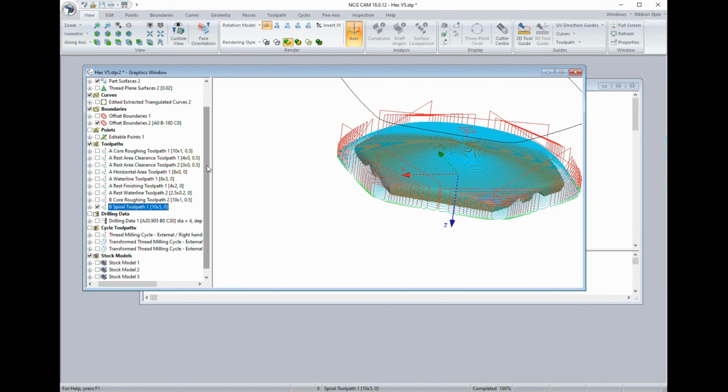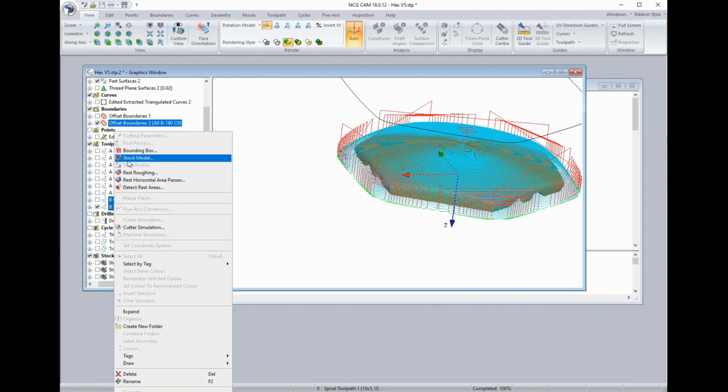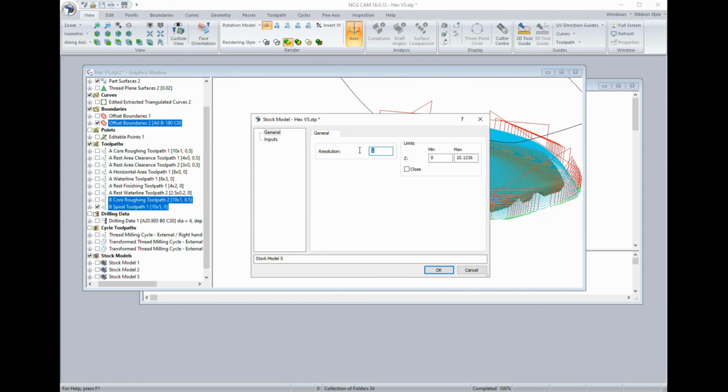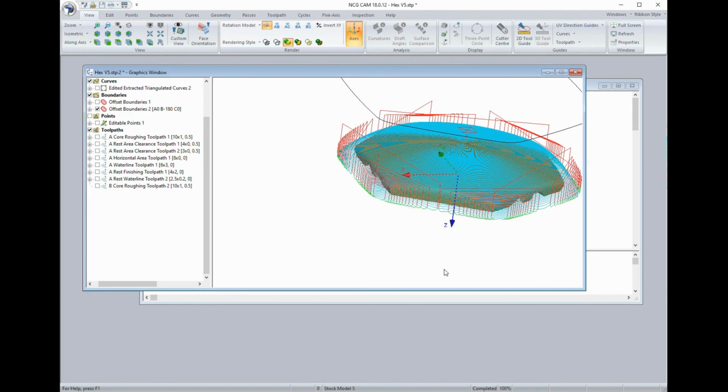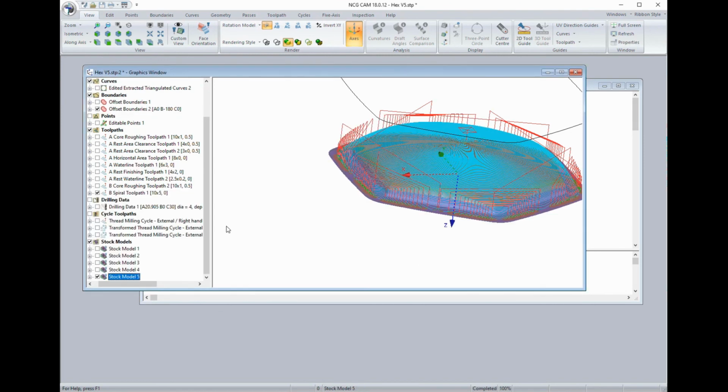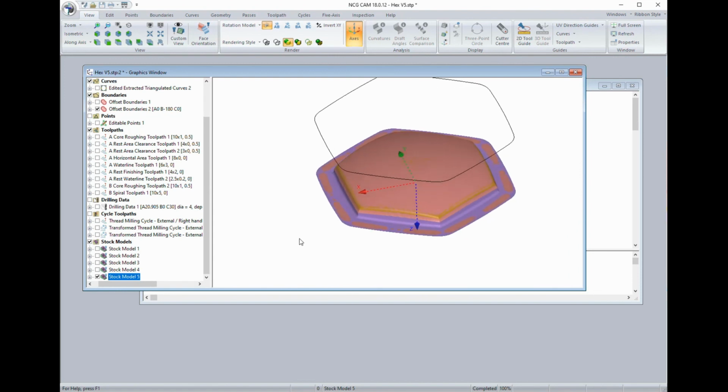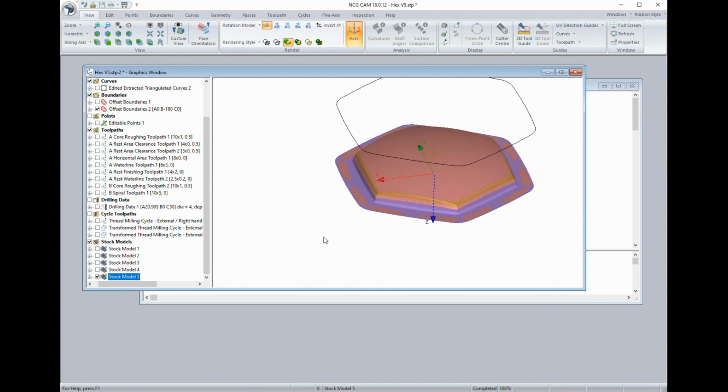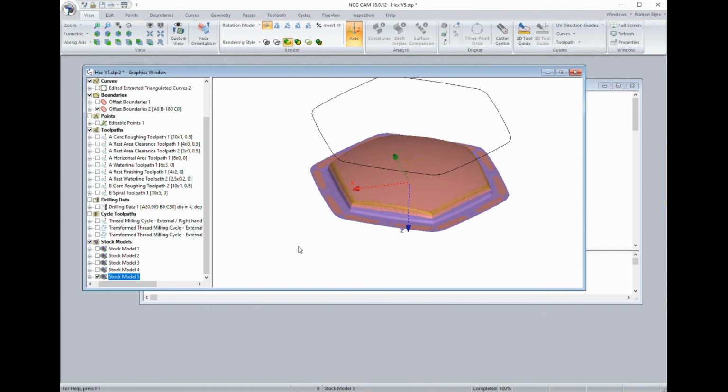If we create an offset boundary and do say like a stock model of that, 3.25 probably enough for that. So we'll see. So let's cut that from that side. So that's pretty much concludes our